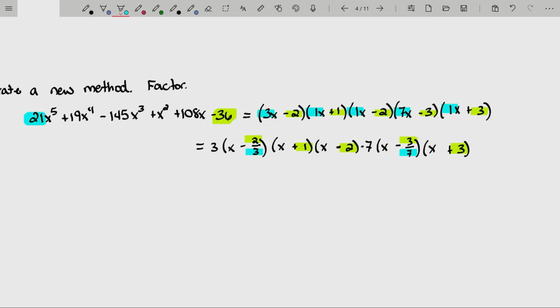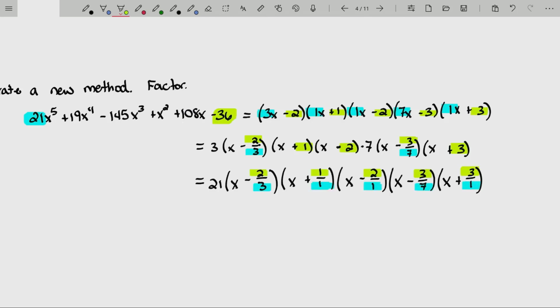But remember, 3 times 7 will be that blue 21 on the left-hand side of the screen. Now, all I'm going to do is collect the 3 and the 7 out front. So I'll just pause the video and do that. At this point, you should notice I painstakingly wrote all those numbers, like the positive 1 in the second factor and the negative 2 in the third factor, as fractions: 1 over 1, negative 2 over 1, positive 3 over 1 in the last